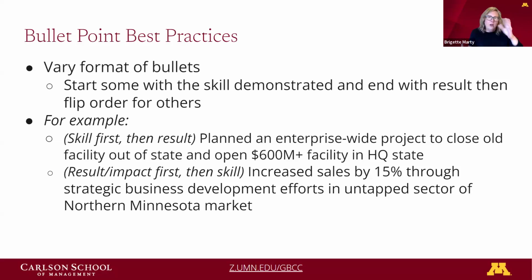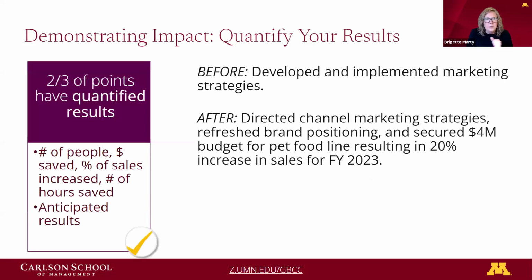Sounds good. But if we have all of our bullet points be that same kind of formula, like here's the skill I demonstrated and here was the result, our brain gets bored after a while reading the same kind of thing. So we need to mix it up and keep the reader on their toes. So then you see how we can flip things around and show that result or impact first, and then the skill. So that is a kind of next level, taking a resume from good to great, of being able to flip that. So I say just start building your bullet points, and then you go back through and edit and shift them around to vary it.